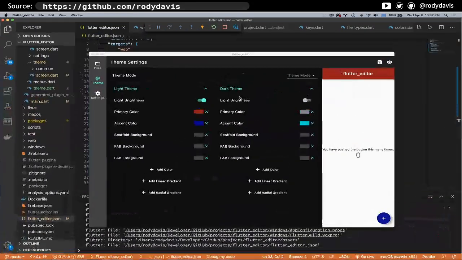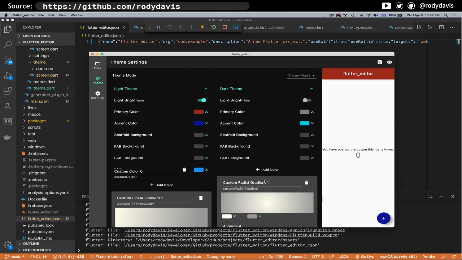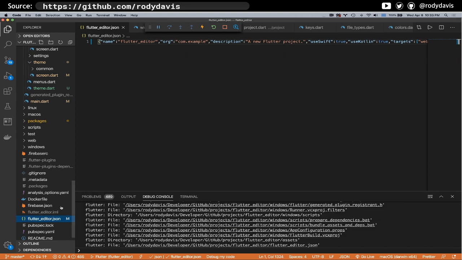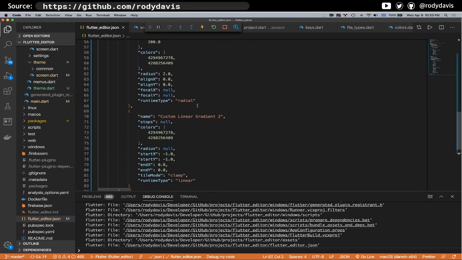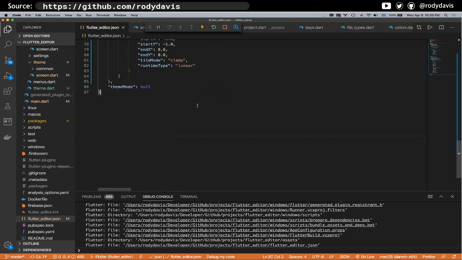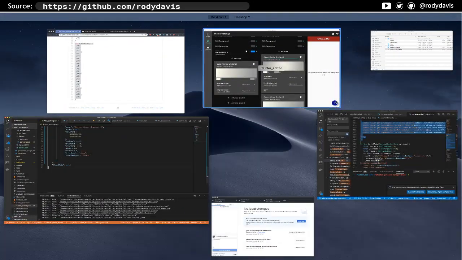So now, let's add a couple gradients and colors. Gradients, radial, linear, radial. It should be updating live, which is super cool. Look at that. There are our gradients. So that's all the meta we need, really. And just for kicks and giggles, let's update